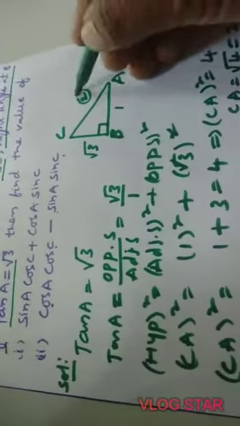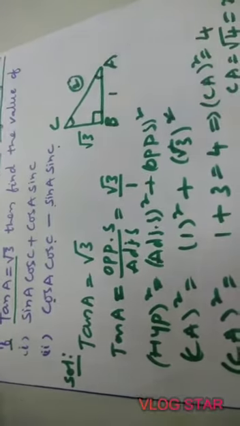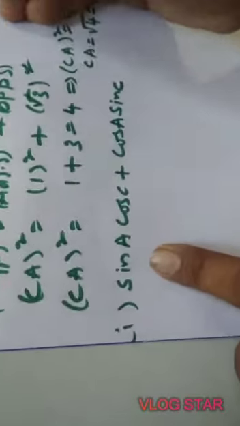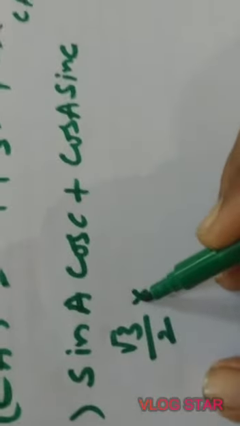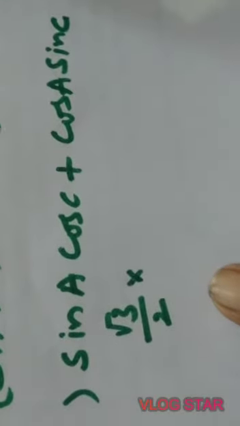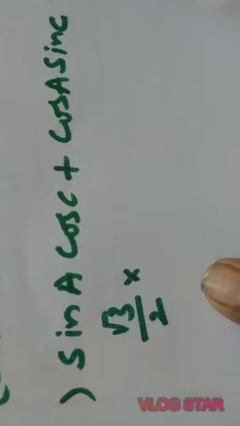We have to take measurements from A and from C. Okay, so sin A cos C. Sin A is opposite side by hypotenuse. Opposite side is here root 3 by hypotenuse 2. Cos C, from C the opposite side is BA, but the cos formula is adjacent side by hypotenuse. So adjacent side is here root 3